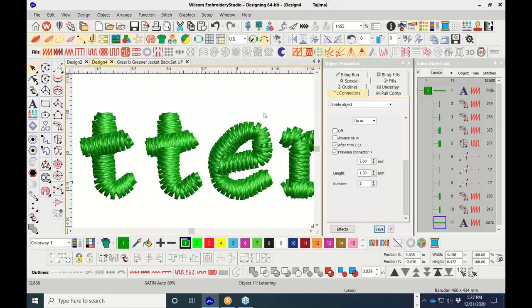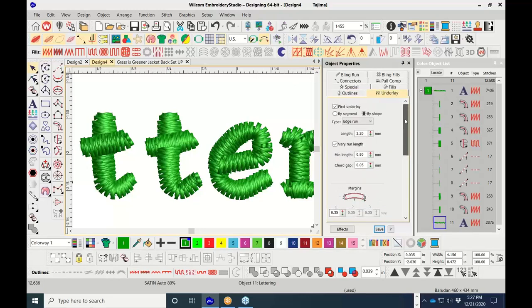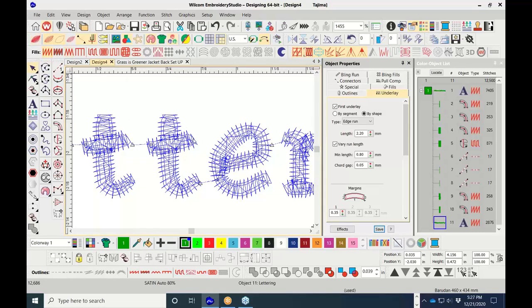Now, the next tool we're going to talk about here is the underlay. The underlay, of course, allows you to put underlay stitches underneath our objects. Okay, I'm going to click on the True View here, take it off. Now, when you have stitches that are this small, any small lettering at all, you never want to use By Shape. This is designed for large fill areas, like for big jacket backs and things like that, or something very large. We want to always do By Segment when we're talking about lettering, because each letter, as I press S here,